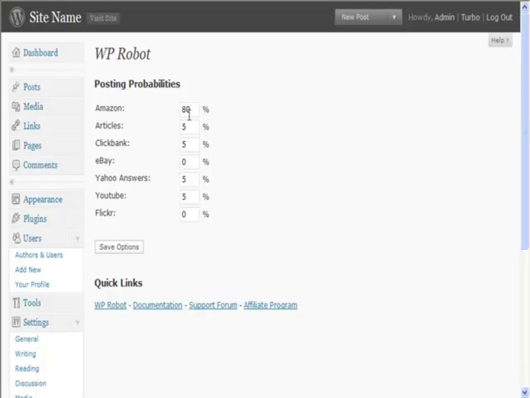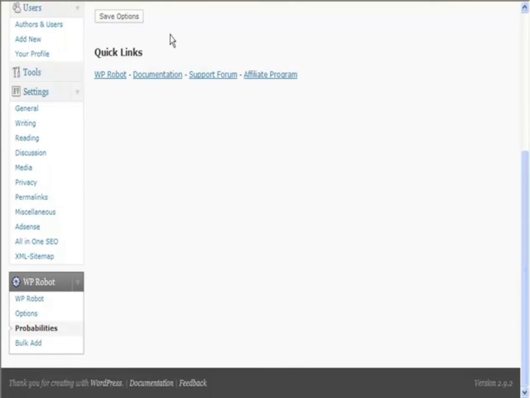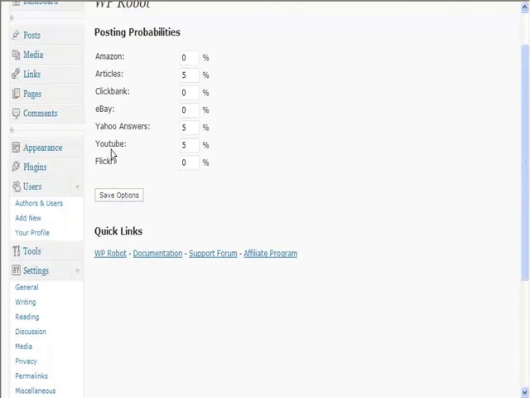This is useful for you because basically what you're doing is you're randomizing your blog. So if your particular site has lots of Amazon products, you may go for that. If there's nothing on ClickBank, you probably won't go for ClickBank at all. But if there's nothing on Amazon, you may take Amazon off. So it's up to you. Just make sure it all adds up to 100, and you'll be fine. So you can pick how often you want things to post. So that's very, very good for customizing it and really making it look good and making it